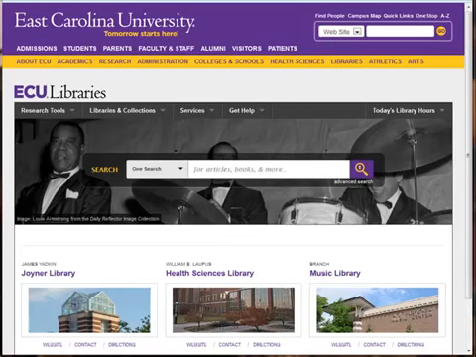Today we'll be talking about RefWorks, which is a reference management software. It allows you to upload references for your research, manage those within a nice interface, and then make a bibliography at the very end. Today I'm starting out on the ECU Libraries homepage, which is where you will come into